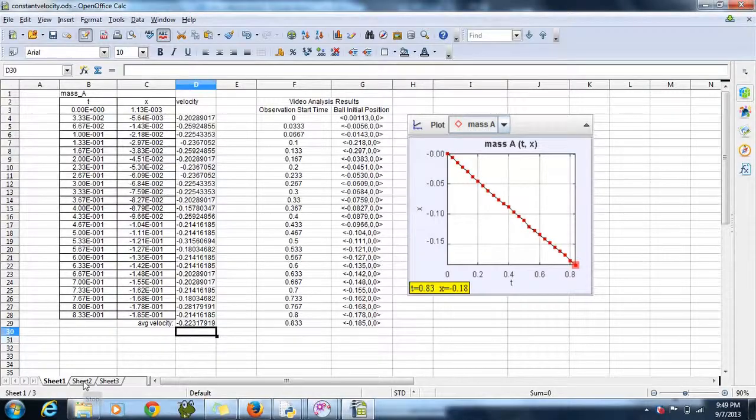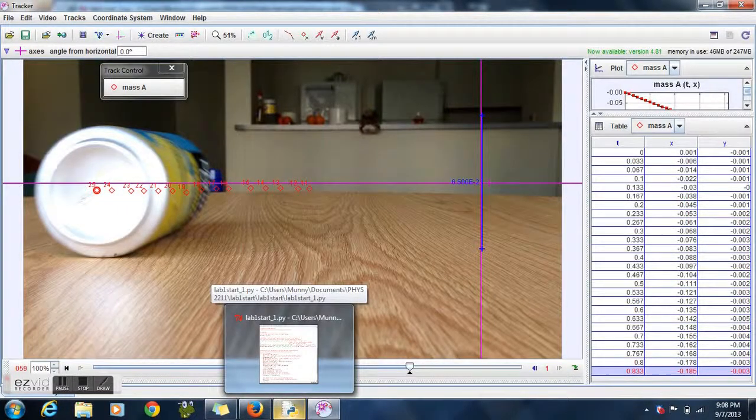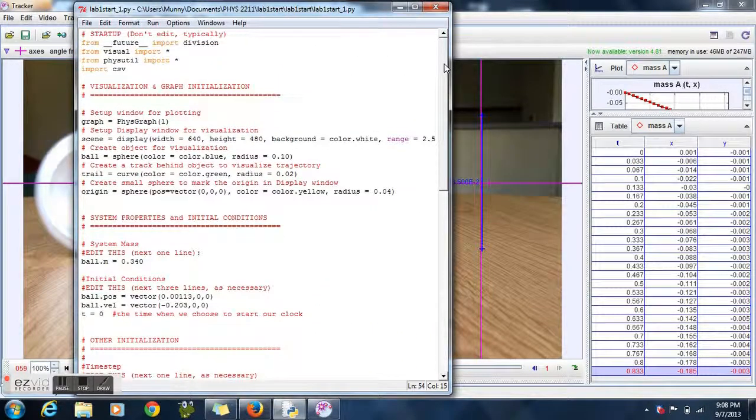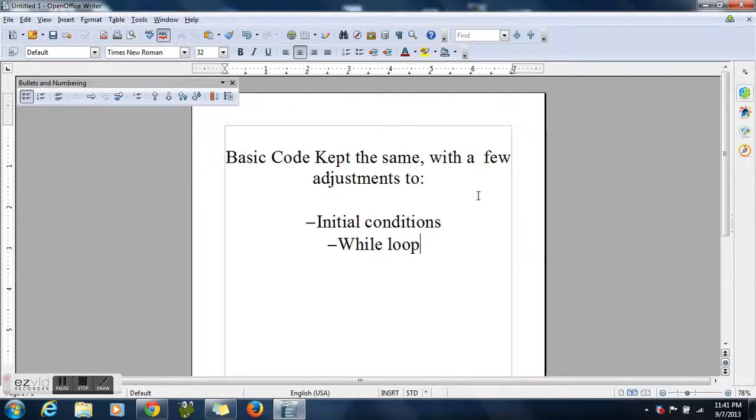Now, experimentally, this graph was created to illustrate and analyze the observations that were made. However, if we want to predict how the motion of the object might appear in later times, we can construct a computational model. Through VIDLE and the Lab1 code template, I adjusted the code so that it would model the observations we made from Tracker beforehand. The basic outline of the code stayed the same, with just a few modifications to the initial conditions and assignments within the while loop.